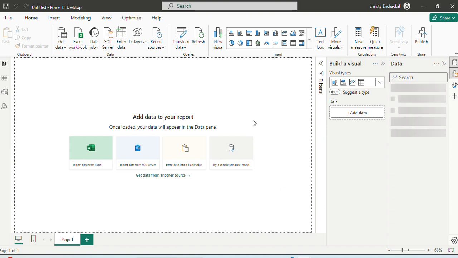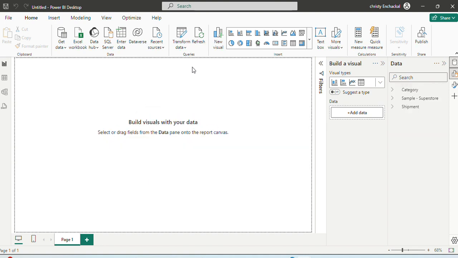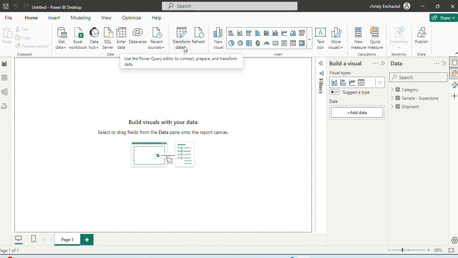Okay, the data is already loaded. We can see three things, but before doing anything we can just transform the data. When we click on transform data, it will connect to the Power Query editor,